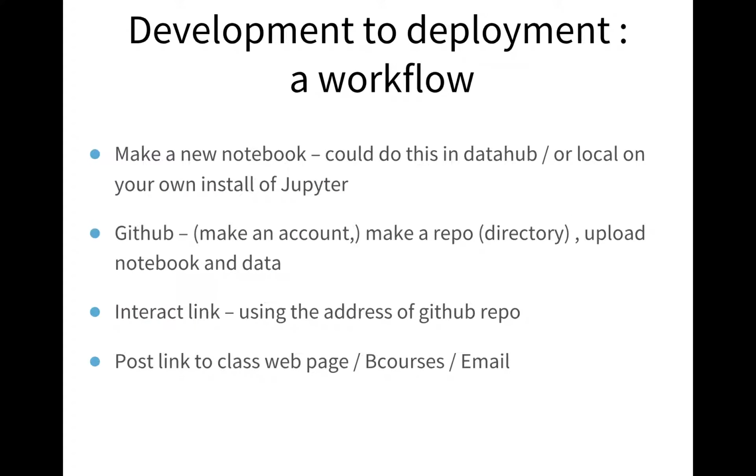So just thinking through a workflow, right? Did you have a question? I think I'm just a little confused. Can you give me a metaphor for GitHub and Jupyter, like a Google Docs metaphor or something? Because I'm picturing Jupyter as the doc and GitHub as the drive. Yeah, I will get to that. People are often confused about this. I'll get to it, but I'll do a quick one right now.